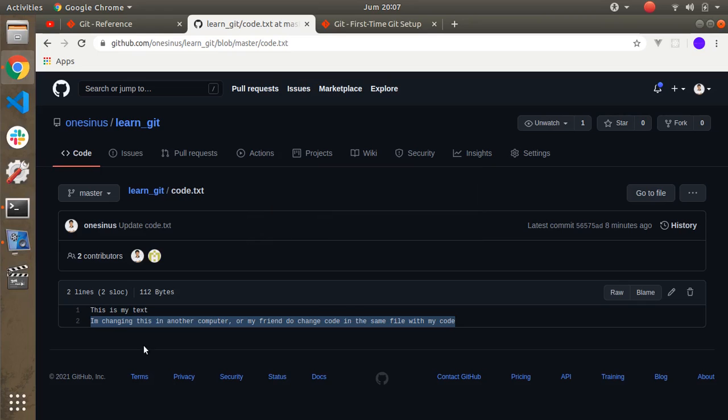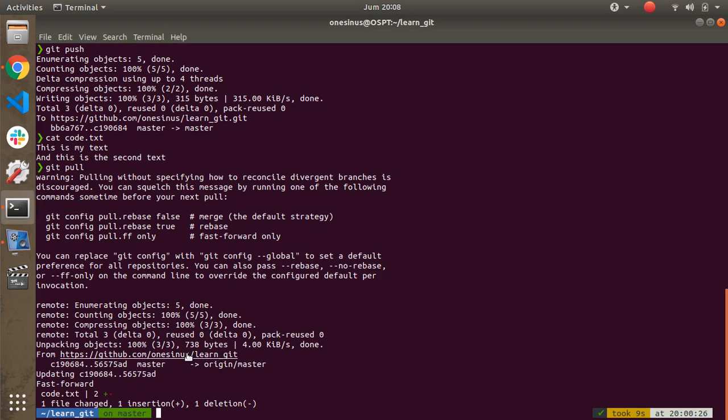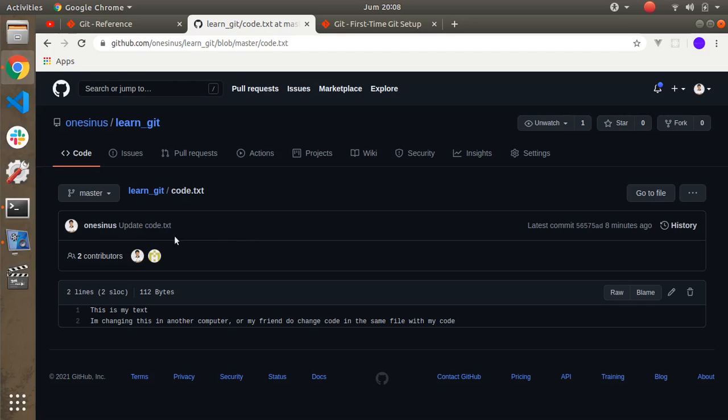we have different code in our computer and different to the GitHub code.